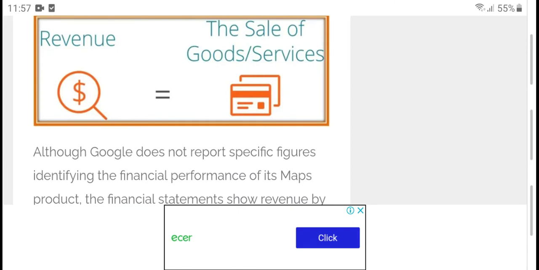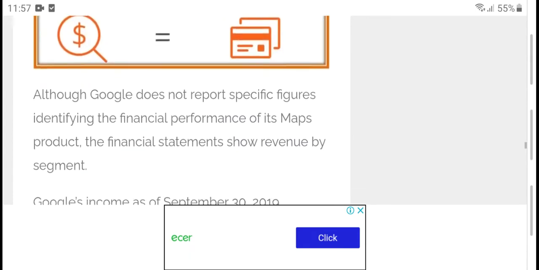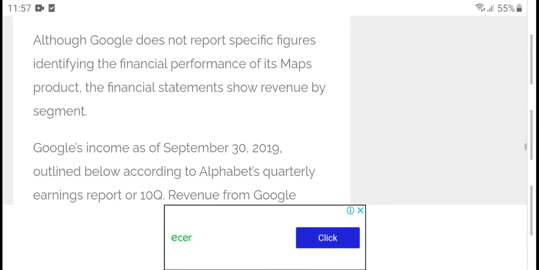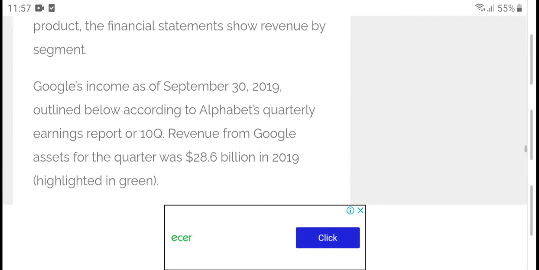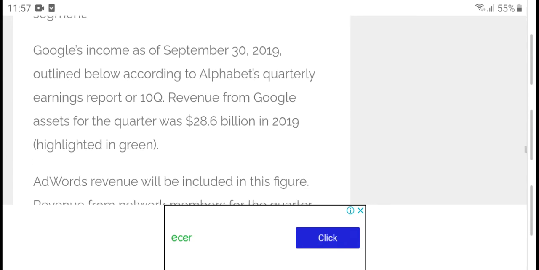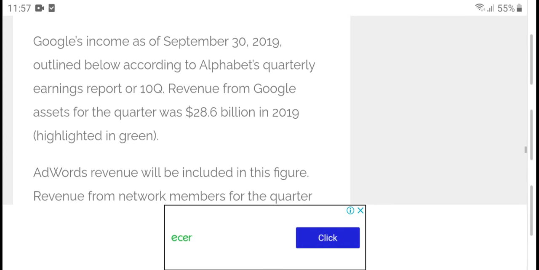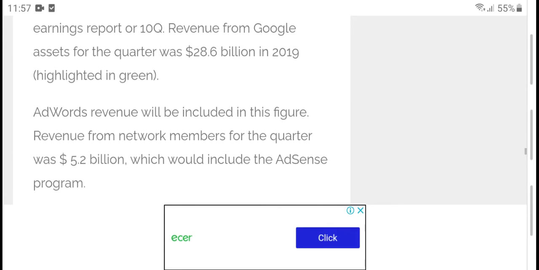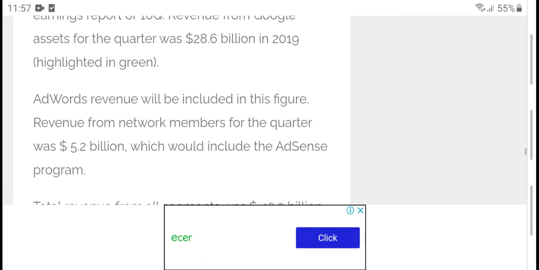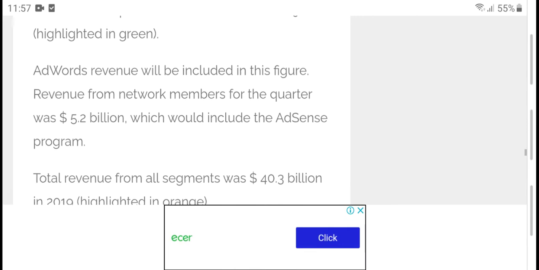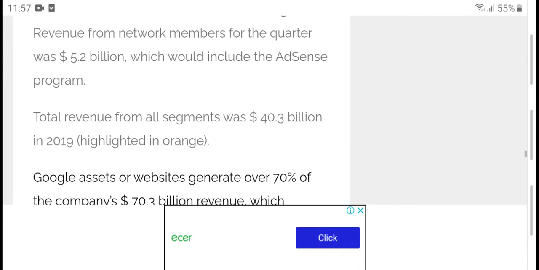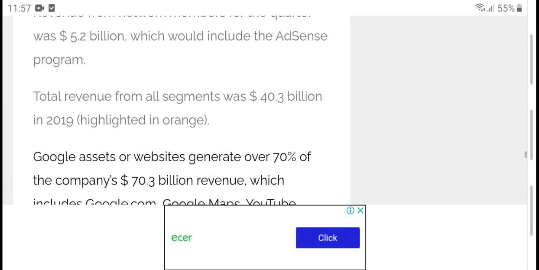Google does not report separate financial figures for the performance of Maps, but financial estimates show revenues by suggesting Google income in September 2019, online and web, reported revenues for assistant and billions of dollars in advertising revenues, which will include revenues worth